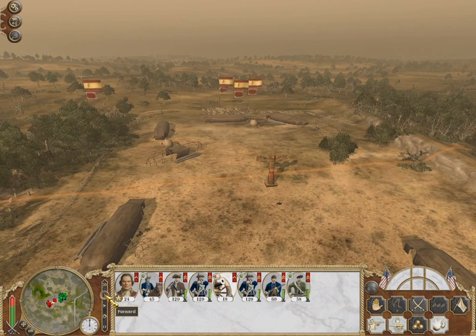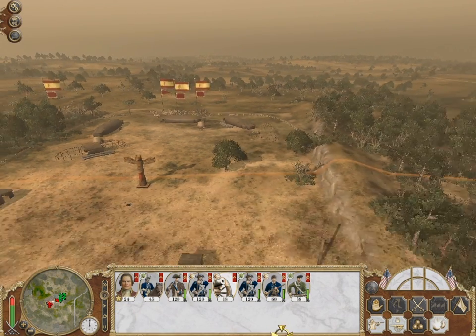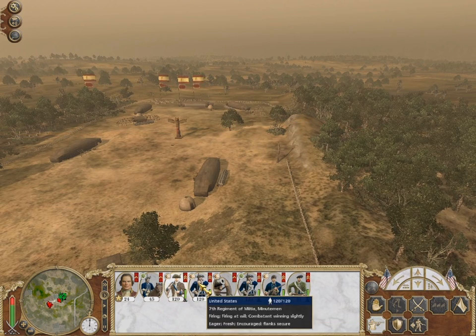Just rush this a little bit. Because obviously if he comes into my firing range, I want to do him some damage, don't I? No, I don't think he's going to. So what I'll do is I'll just get these...